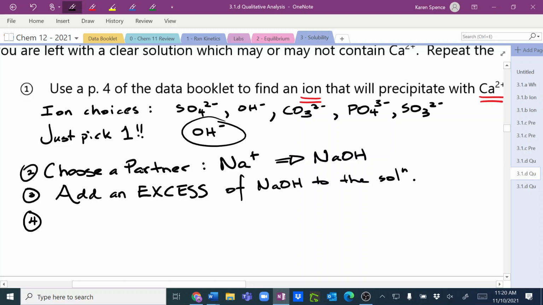And once we've added it, what are we going to be looking for? We're going to be looking at our beaker to say, hey, what happened? What are my two choices for what happens? Either you get a precipitate or you get